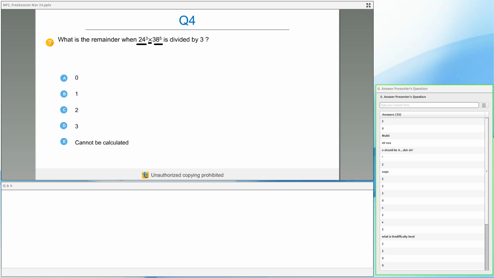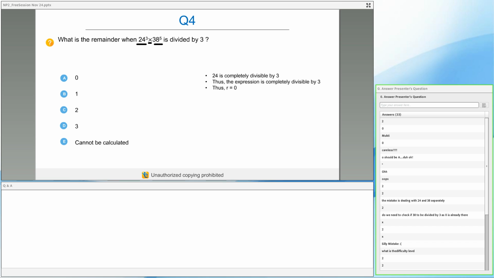So most of you, 37% is a big number. As I told you, it happens with everyone. I teach them the concept that remains in their mind and they end up taking 0 and 2 and marking the answer as 2. But please keep this in mind. If whatever you are multiplying, any one of the numbers is divisible by the divisor, don't solve anything else, just mark the answer as 0.